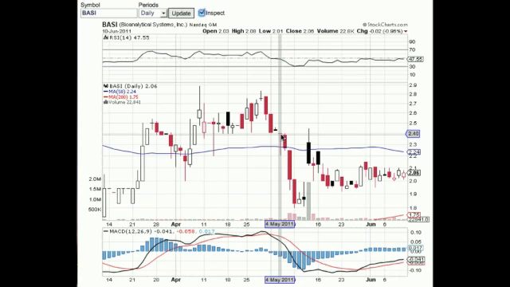But because it closed below the previous day's closing price, it's filled in red. At the end of the day it had buying pressure to come up, but the reason it's red is because it closed below the previous day's closing price. Same with here. The previous day closed right at 240, and the next day